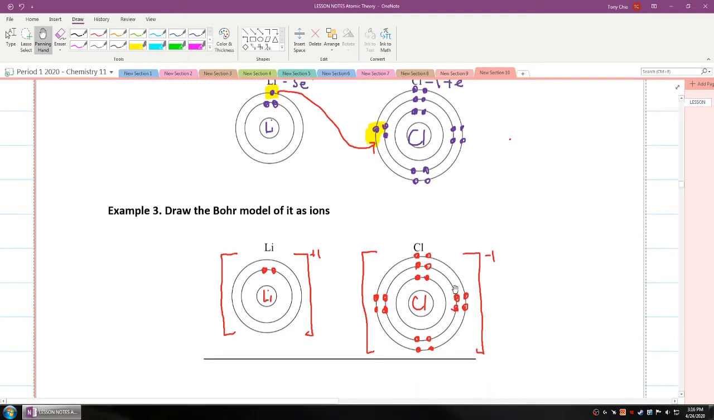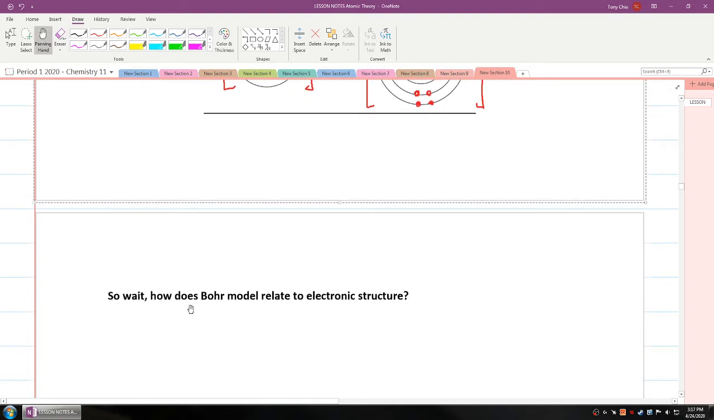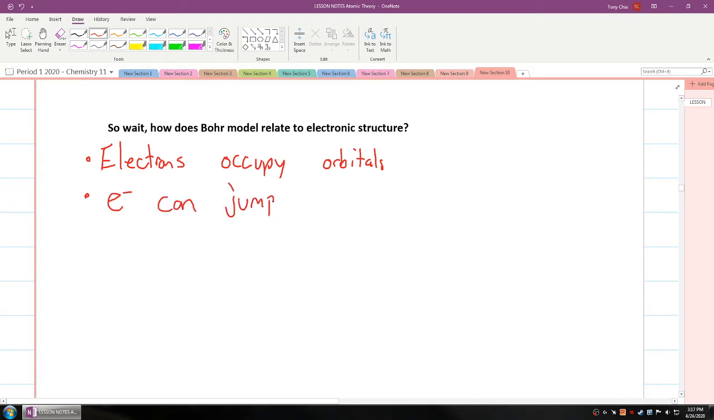So what this shows you is that electrons can exist in specific orbitals and they can move around between different elements. So wait, how does the Bohr model relate to electronic structure then? Well, what it does show you is that electrons occupy orbitals. But one thing that Niels Bohr found was that electrons can jump between orbitals. So yes, they could actually go from a lower orbital to a higher orbital,